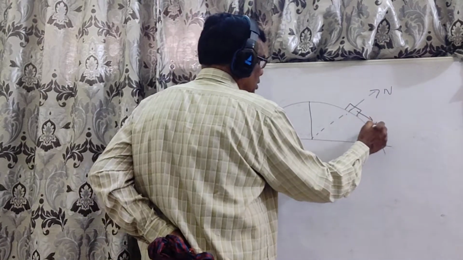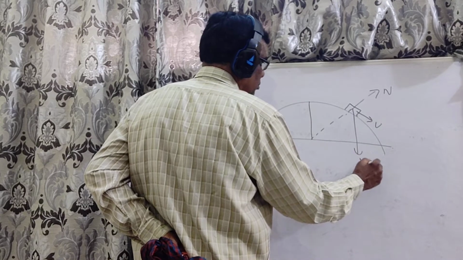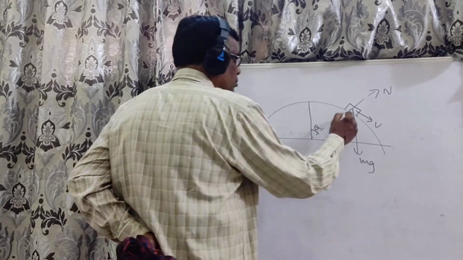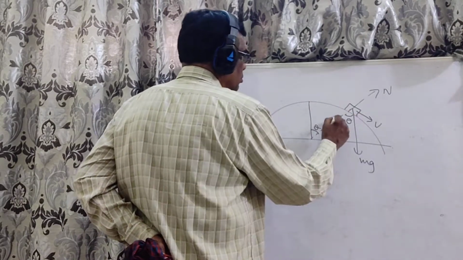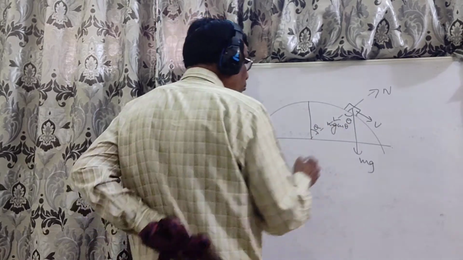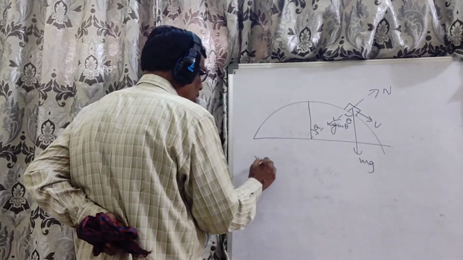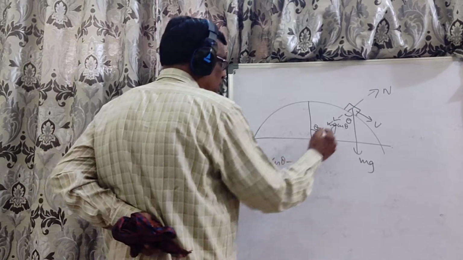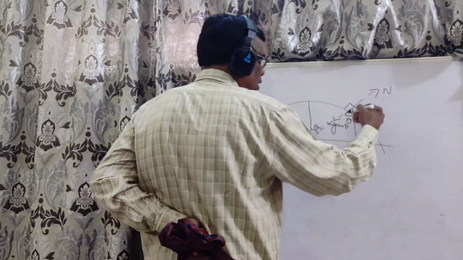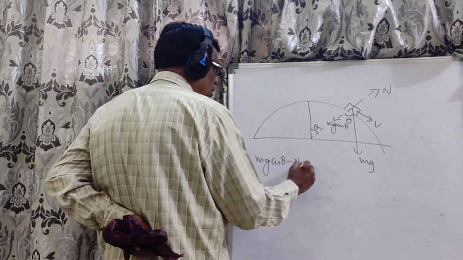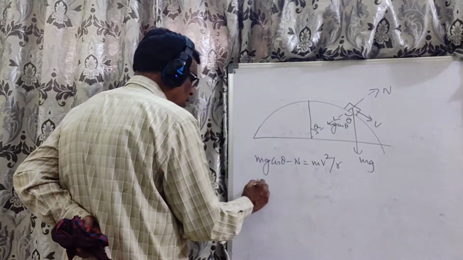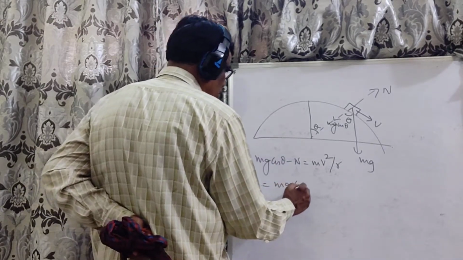The normal force is N, and the weight is mg. If this angle is theta, then this component is mg cos theta. What is the centripetal force here? Along the line of the radius towards the center is mg cos theta, and away from the center is N, and this is written as mv squared by r. So N is equal to